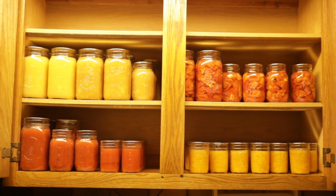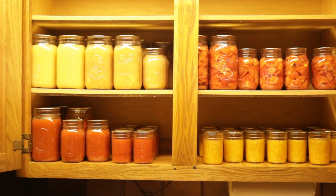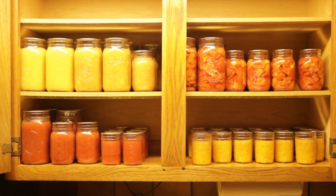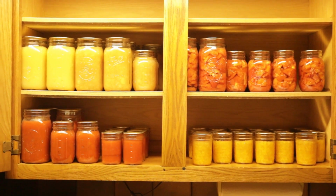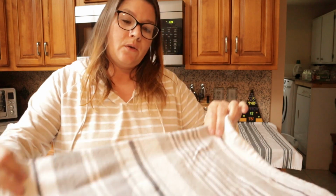Now I have some place to put all of my preserved food to make sure that it's not going to get damaged, and I'm really saving on a lot of dust that would get accumulated by having them closed away in these cupboards. This is not a permanent solution for me, but it's a solution in the meantime, and I get to have my kitchen back. So now I can just take care of the towels, and I have a clean and free space now where I can continue my journey of